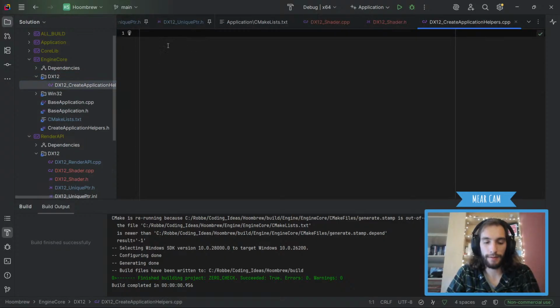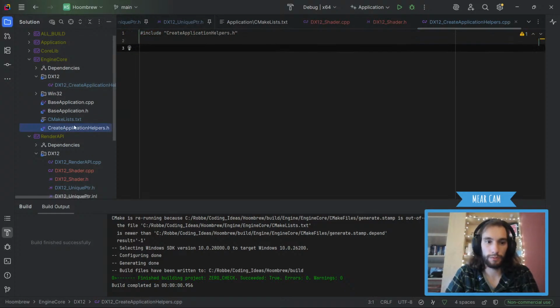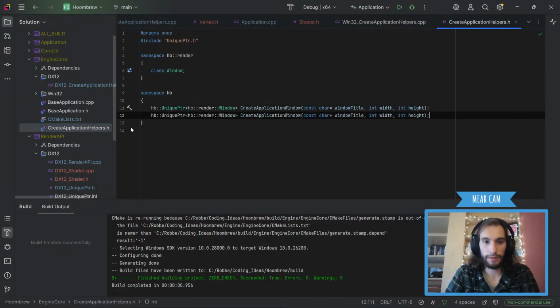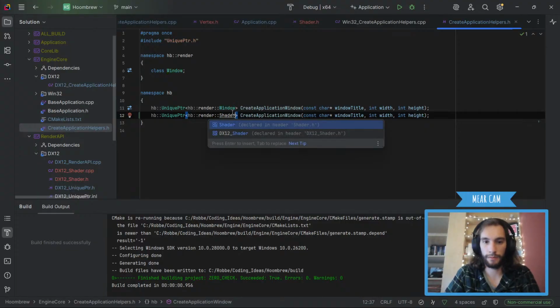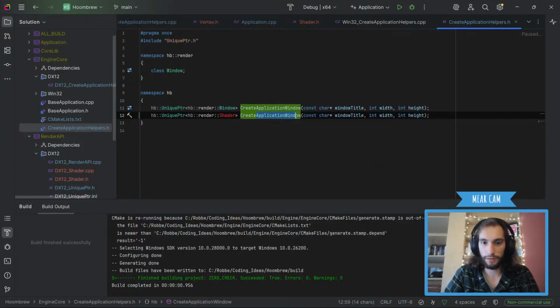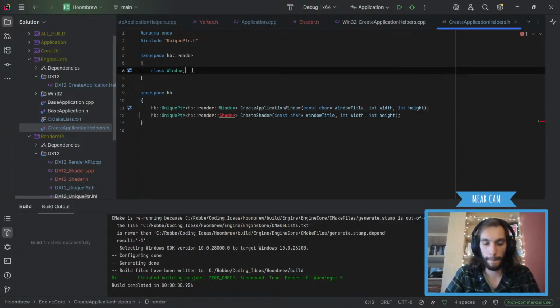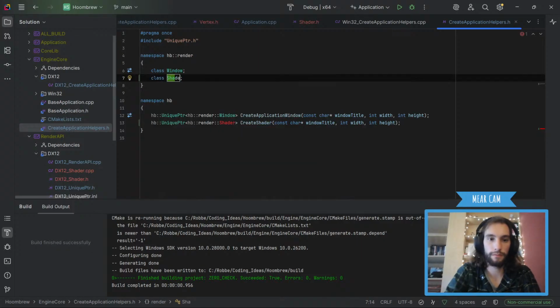Okay, so inside here, we're just going to include create application helpers. And then we're going to do another one in here, which is HP render and shader. And we're going to call create shader. Class shader.